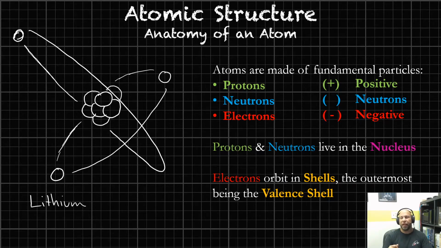Everything that you can ever imagine that you've come across, every physical reaction, is made up of a simple conceptual structure that only has three parts to it. And we're not going to get into subatomic particles like mesons, quarks, gluons, fermions. That's stuff for another class. Don't get me wrong, we can geek out about it all day, but we're talking specifically about protons, neutrons, and electrons that encompass the structure of the atom.